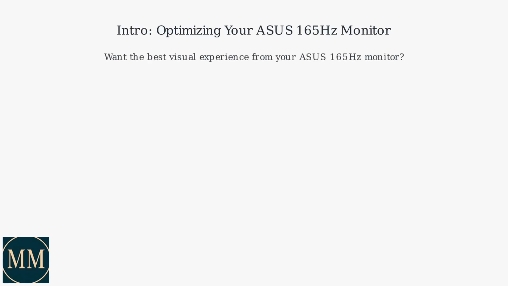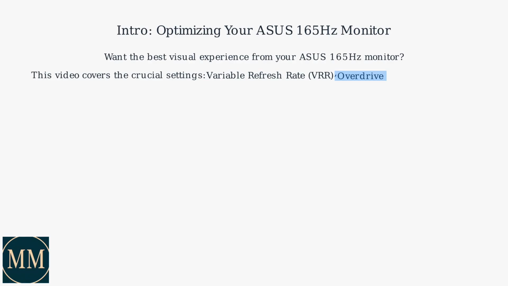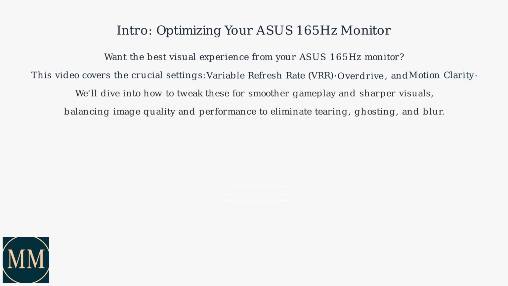Want the best visual experience from your ASUS 165Hz monitor? This video covers the crucial settings: variable refresh rate, VRR, overdrive, and motion clarity. We'll dive into how to tweak these for smoother gameplay and sharper visuals, balancing image quality and performance to eliminate